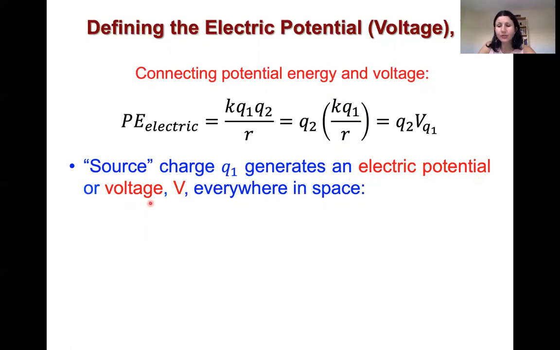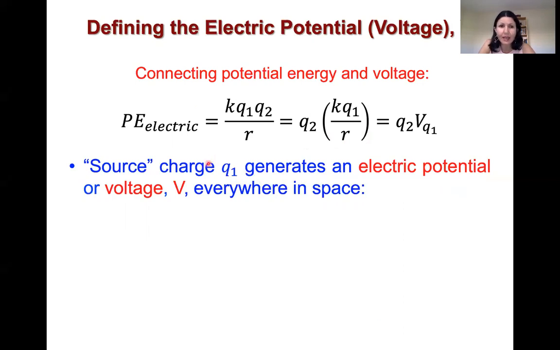These are just two different ways of calling the exact same thing. We will typically refer to it as voltage because the word electric potential is very similar to electric potential energy, although the two things, as you will work with them more and more, are very different. So basically, imagine there's just one charge out there in space, and that one charge can't do anything. It can't exert a force. It can't interact with anything unless there's another charge present. So by itself it doesn't do anything,